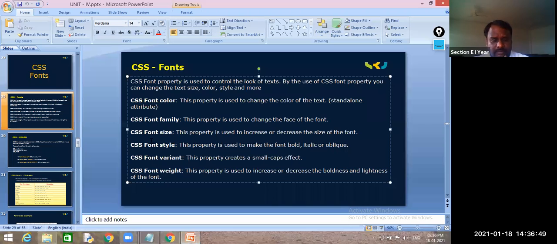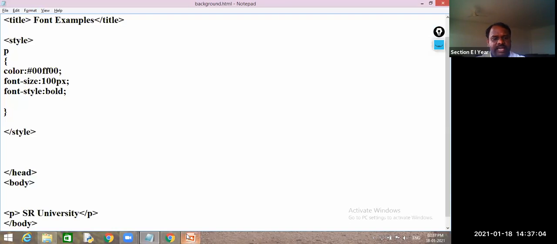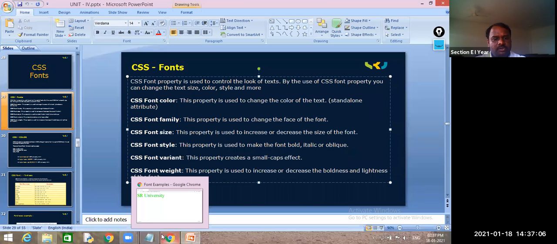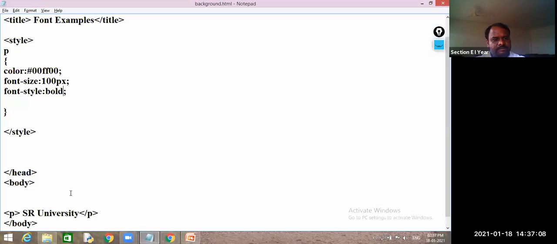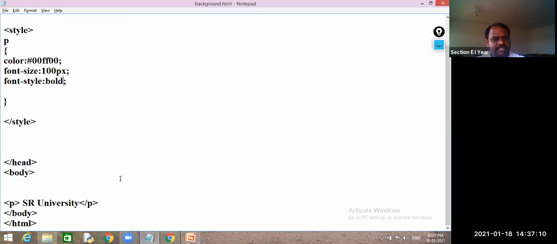And font variant. This font variant is for changing all your characters to uppercase letters. We'll see how to change it. By default, it displays the way you have written the characters, which is mixed type, meaning it contains lowercase and uppercase letters.